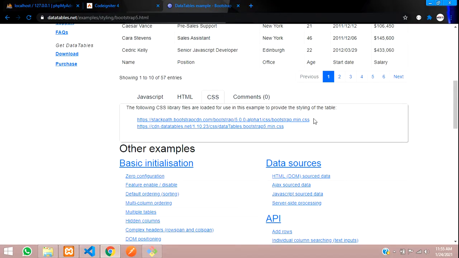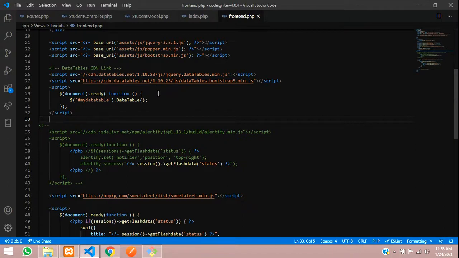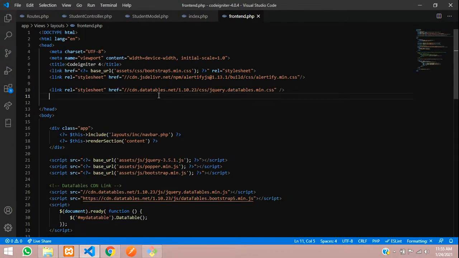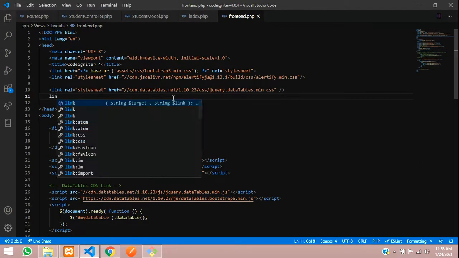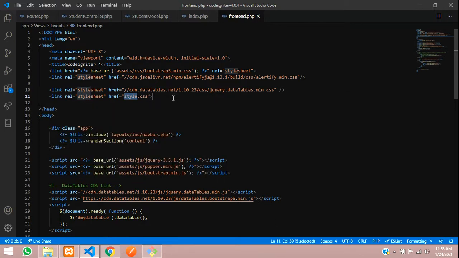Now we have to copy the CSS links. This is bootstrap min.css, which we already have, but we require the data table bootstrap.min.css. Let's copy this and integrate it in our link line. Call the link tag, link it with the CSS and paste it here.